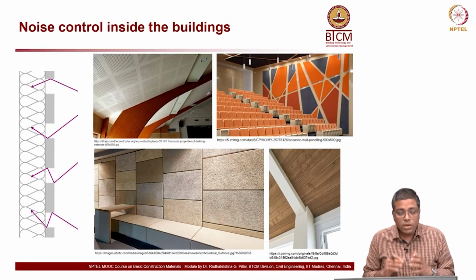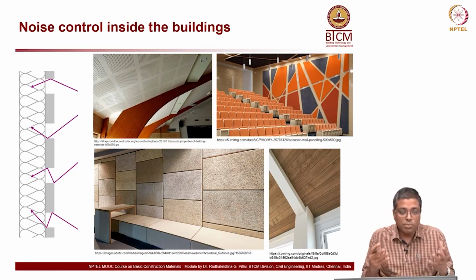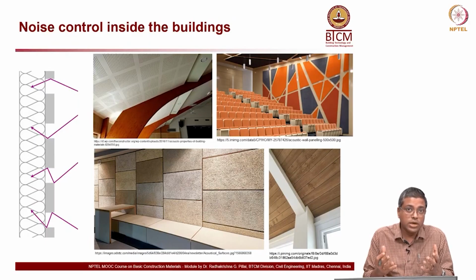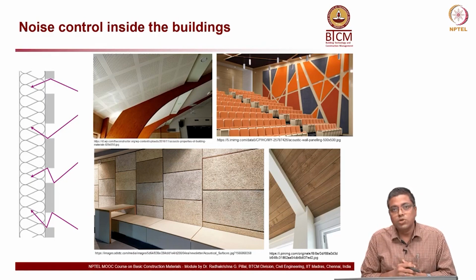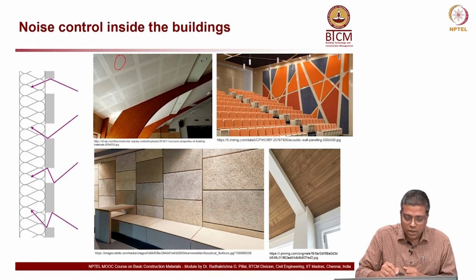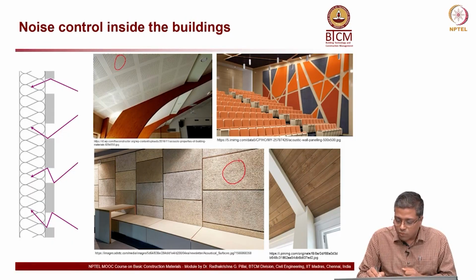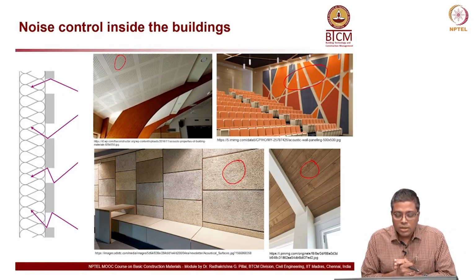Okay. Acoustics is associated with the ears, right. So, if somebody is speaking in a room where you are sitting, you need to be able to hear the sound very clearly. You do not want echo. So, these are some of the things which you might be seeing in many places where you visit. You will see a lot of this perforated wall elements, or roof elements, or if you are in an auditorium, you will see some cloth material on the wall. These are all sound absorbing materials.